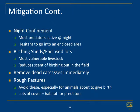All right, like I said, most of these predators, they're out at night. So if you have any way to bring animals in at night, of course, on a large operation, that's not going to be feasible, but especially animals that are either injured, they're ill, you've got some weaker animals, maybe some cows that are not doing as well, if you can bring them in, or any animals that are about to give birth, if you have a place that you can bring those animals in and keep them in,